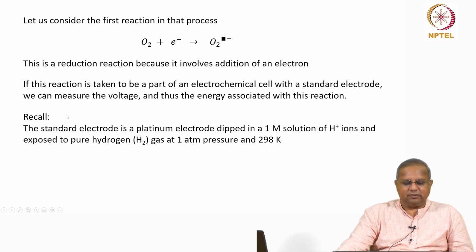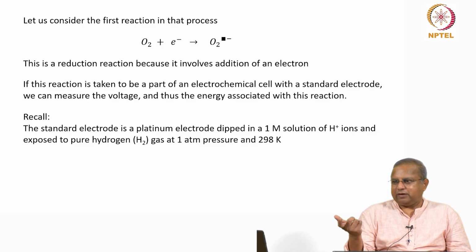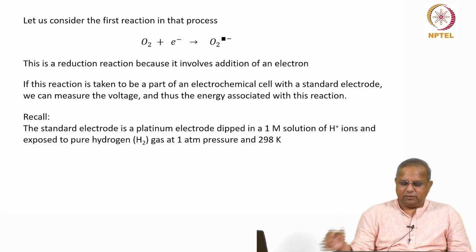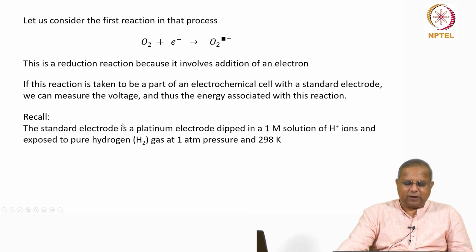The standard electrode, if we recall, is a platinum electrode dipped in a 1 molar solution of hydrogen ions and exposed to pure hydrogen gas at 1 atmosphere pressure and 298 K. You go to any standard textbook, all these definitions will be available. So, this is the standard hydrogen electrode. It is a platinum electrode dipped in a 1 molar solution of hydrogen ions exposed to pure hydrogen gas at standard temperature and pressure. So, we are combining this with that,